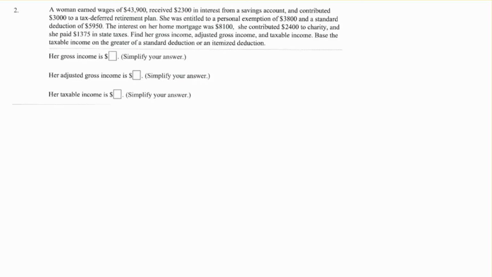All right, same situation. A woman earned $43,900. She got interest from a savings account. It does not say tax deferred. This one is $3,000 to a tax-deferred retirement plan. She's entitled to personal exemption of $3,800, standard deduction of $5,950. Interest on her home mortgage was $8,100. She contributed to a charity, and she paid some state taxes. Okay, well, we'll talk a little bit more about some of these items and what categories they fall into, but